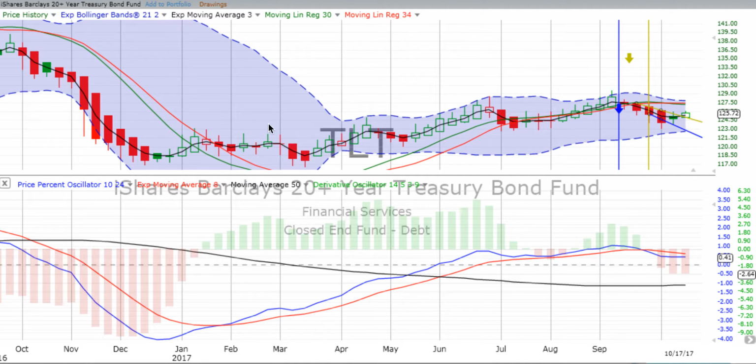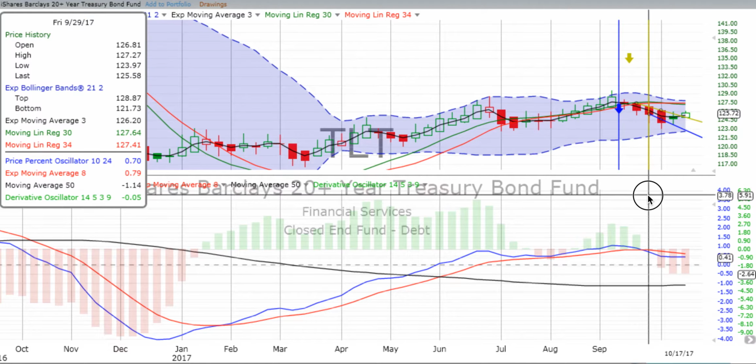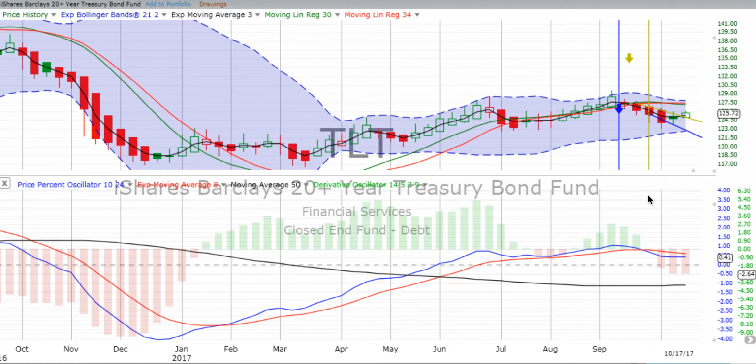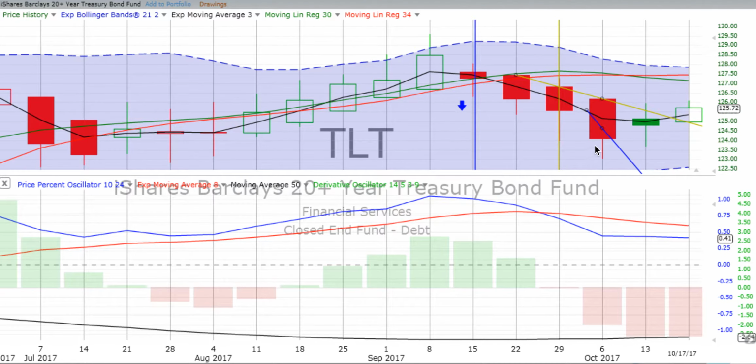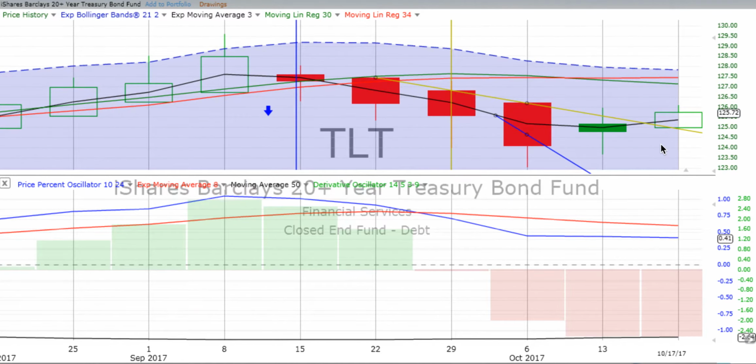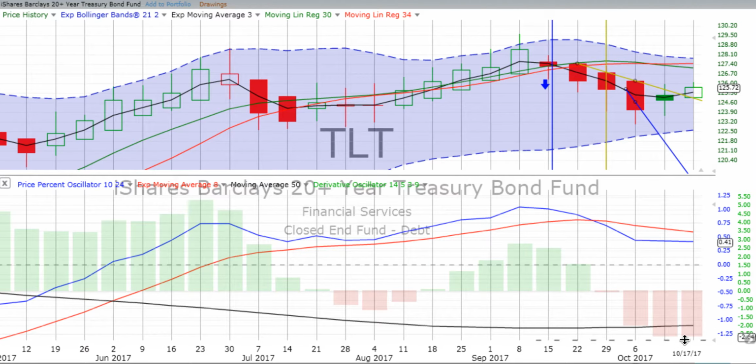What do we see going on TLT? Remember, we had a weekly vertical crossover going down back on the week ending the 29th of September. We then had a strong following week of down movement, and then things seemed to stop. We had a green spinning top, which means indecision, and it looks like things are trying to turn around. What we see so far is a green open box candle so far for the week. Derivative oscillator is still in the negative, and of course the price percent oscillator has gone flat,